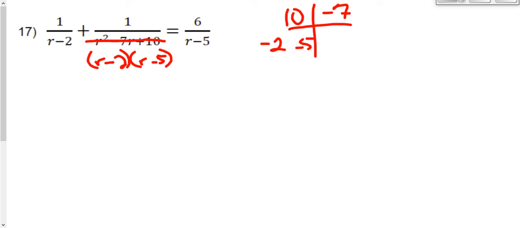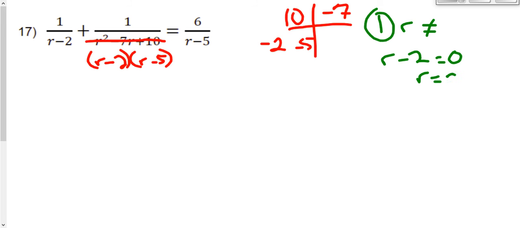My first step is to find out what r, in this case, is not allowed to equal. I'm going to set all of my denominators, all of my factors, equal to 0, one by one. My first factor is r minus 2. If r minus 2 is 0, that means that the r value would be 2, so I'm not allowed to use the number 2. If r minus 5 is 0,